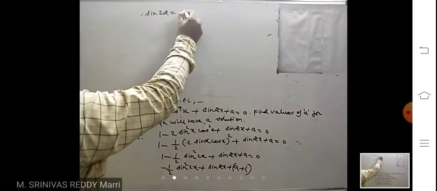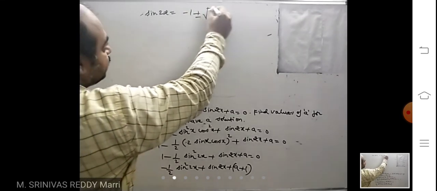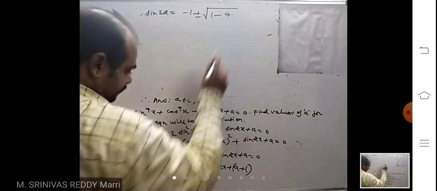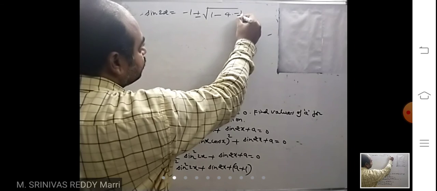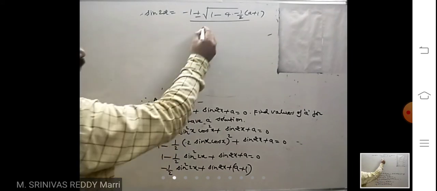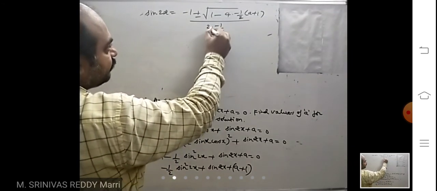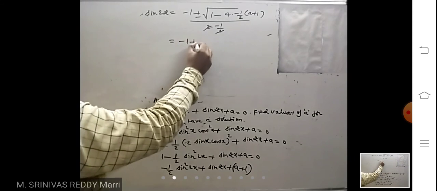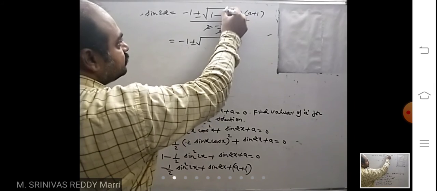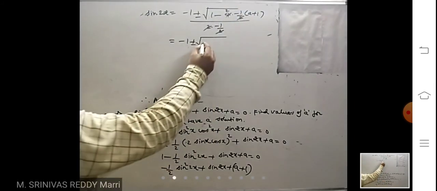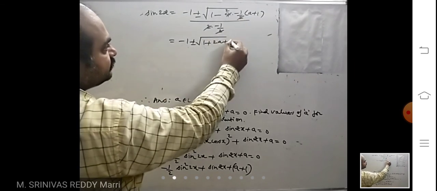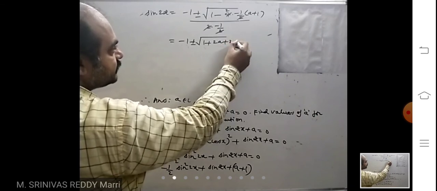Minus b means minus 1 plus or minus root of b square, 1 minus 4 into minus 1 by 2 into a plus 1, divided by 2 into minus 1 by 2. That means you will get minus 1 plus or minus root of 1 plus 2a plus 2, that is 2a plus 3, divided by